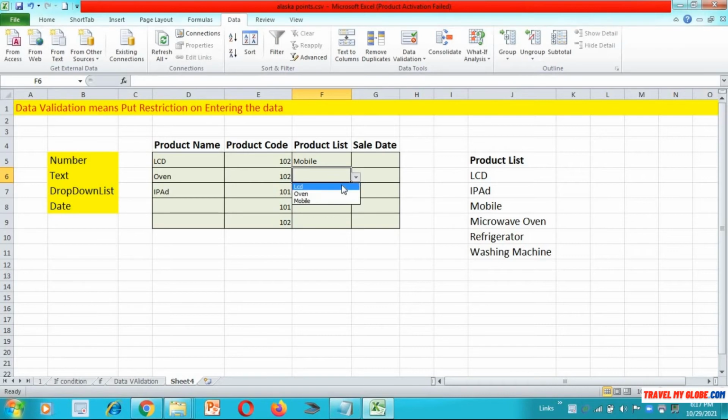You have seen the same validation on other websites too, where you want to purchase items and you get the list of only the items sold by that website. So this is the validation you can apply as per your choice.